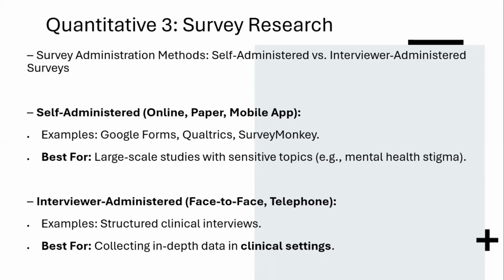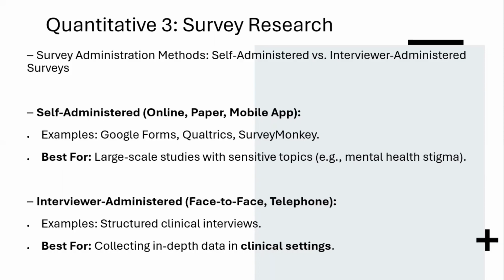Yes, please. Between self-administered and interviewer administered, a survey can be done online, where you send a link to some people to open and complete. You can do it with paper and pencil, which many people are familiar with, or you can do it as a